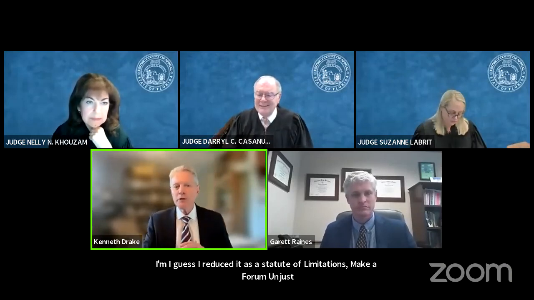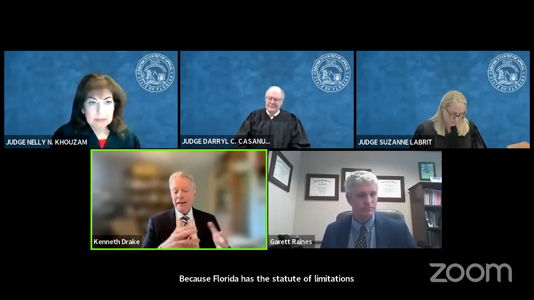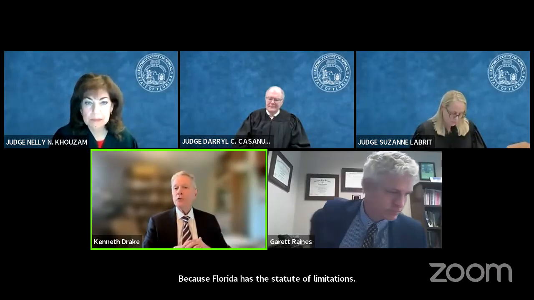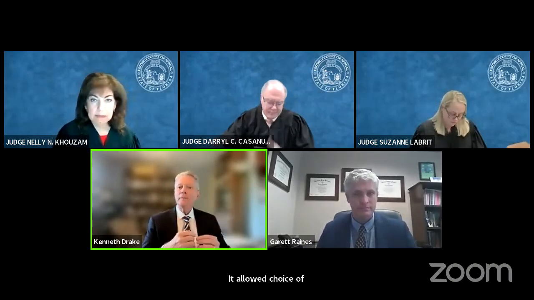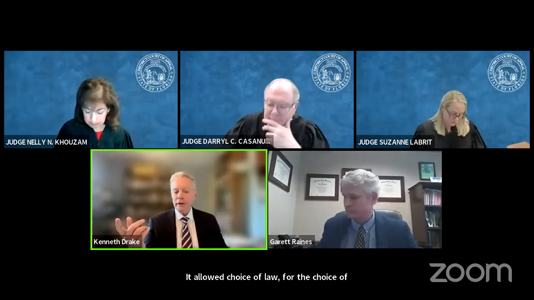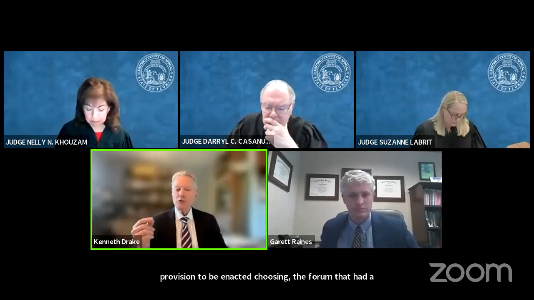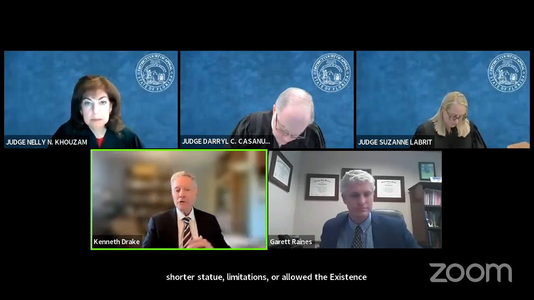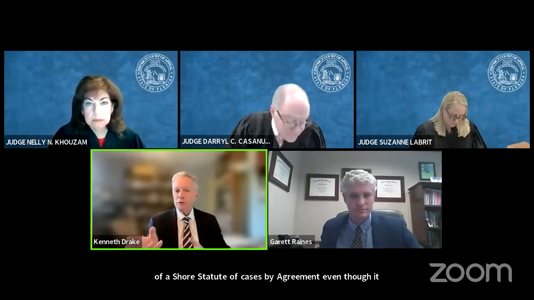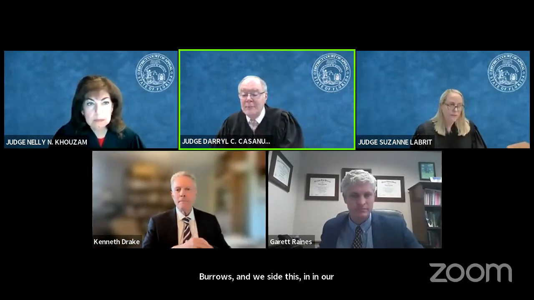If you look at the Burroughs case, which is a 1985 Florida Supreme Court case, it allowed a choice of law provision choosing the forum that had a shorter statute of limitations, or allowed the existence of a shorter statute of limitations by agreement, even though it may be in violation of Florida statute. So Burroughs, and we cited this in our